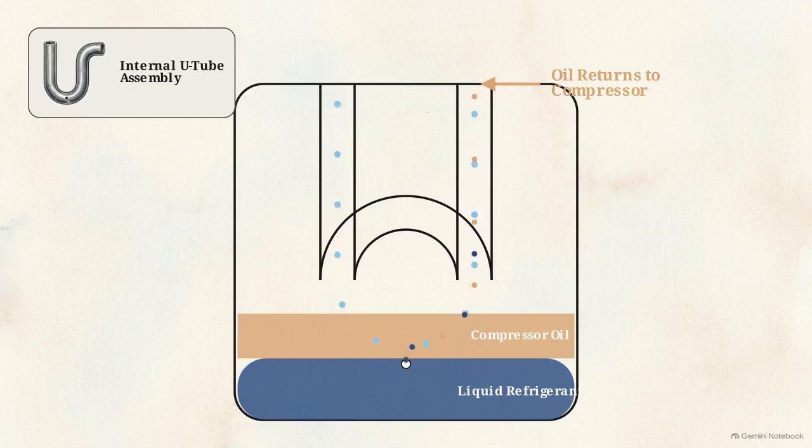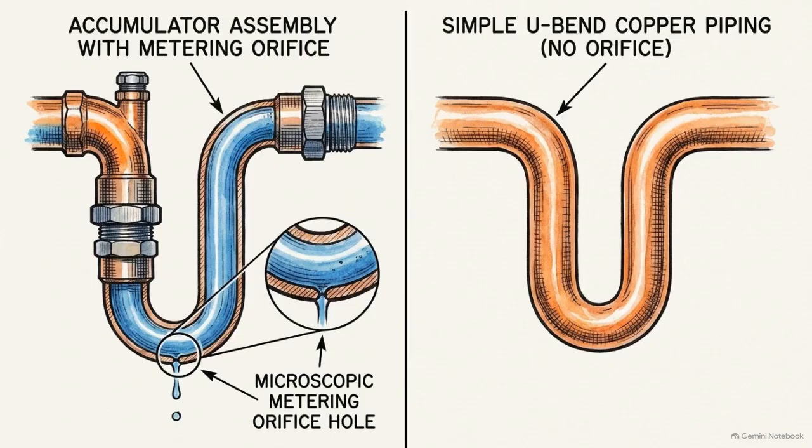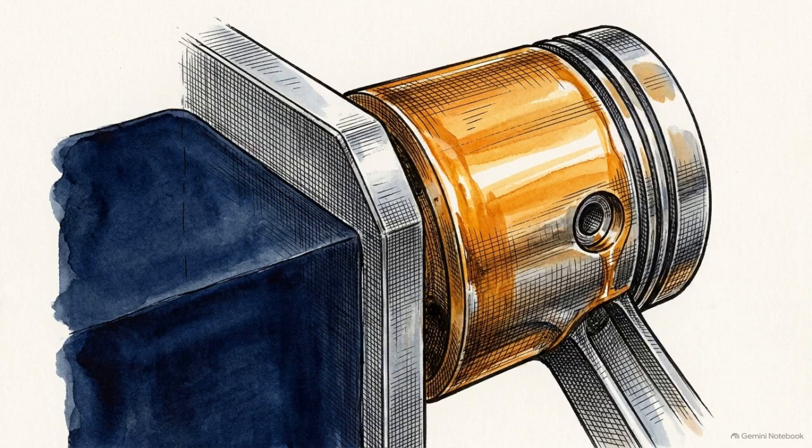to the compressor crankcase. This engineered return system differs from a simple piping trap, which lacks the ability to precisely meter the volume of returning fluid. The calibrated size of the metering orifice ensures the compressor stays lubricated while maintaining a strict barrier against large-scale liquid